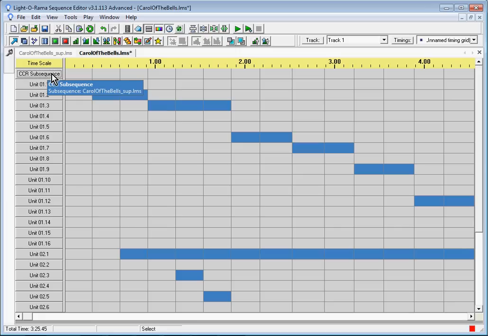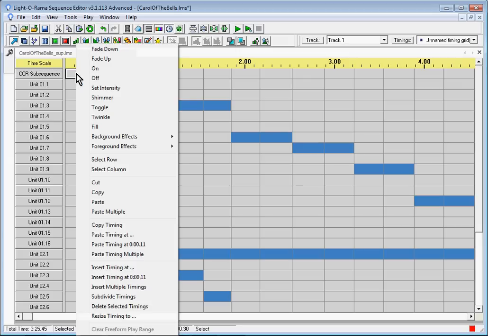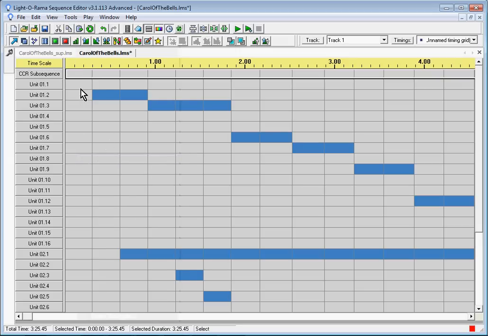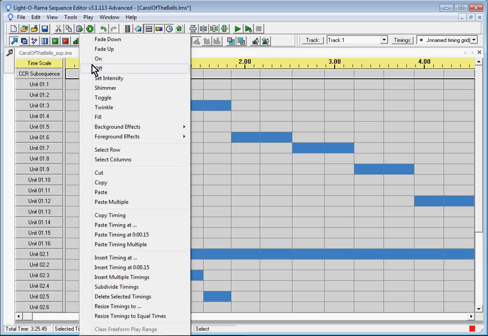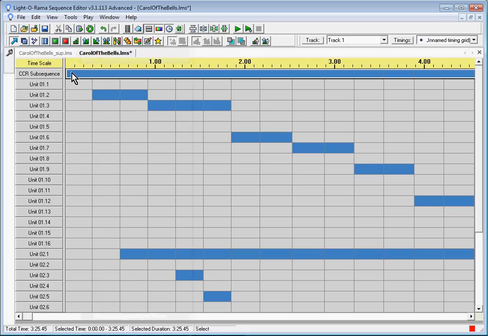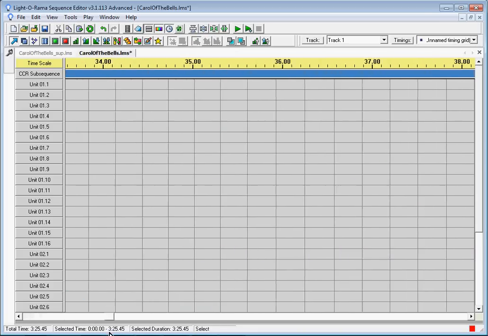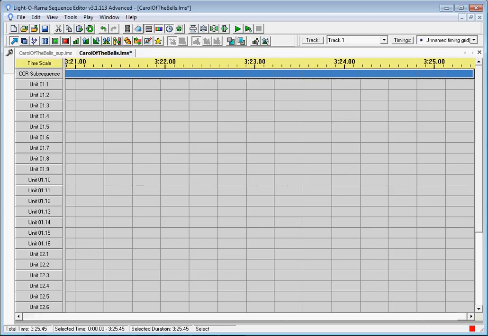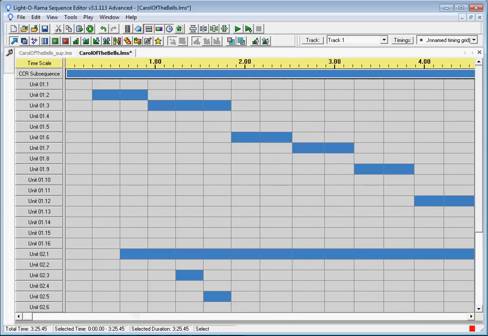Now the way subsequences work is they only play while the channel is on, and we want to play for the whole duration of the sequence, so I do a right click and say Select Row, do another right click and say On. That turns this channel on for the entire length of the sequence, and so now this subsequence will be played